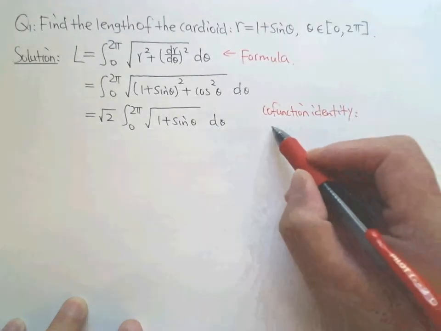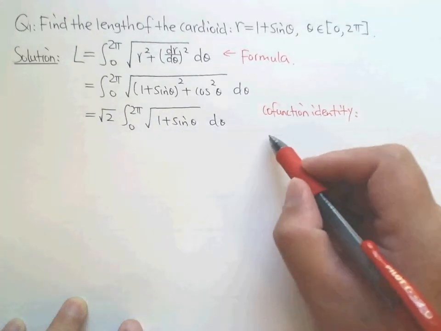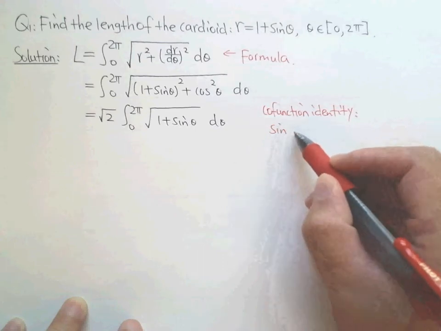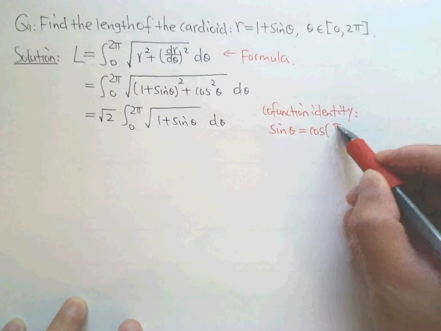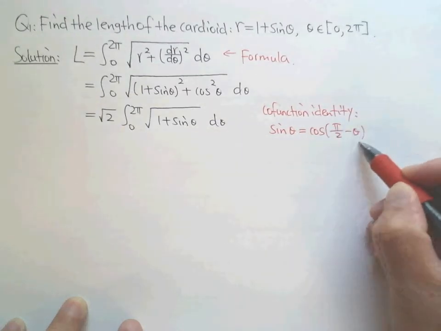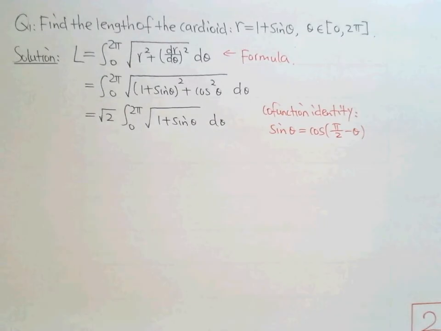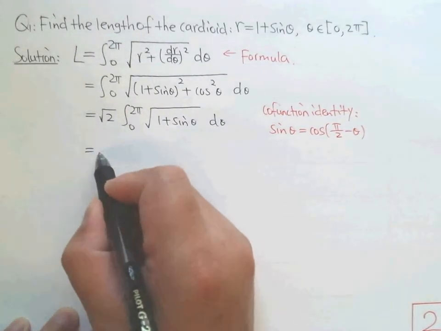We need the sine theta, we change it to cosine: sine theta equals cosine of 90 degrees minus theta. So this is easy to change to cosine. So I put it here first, which means square root of 2